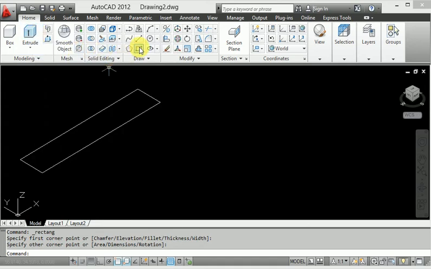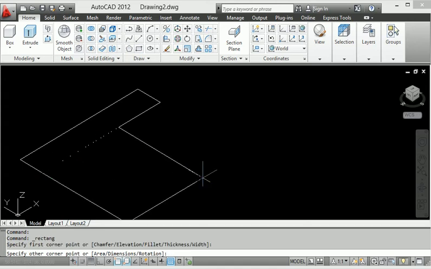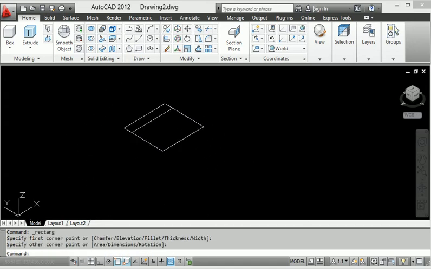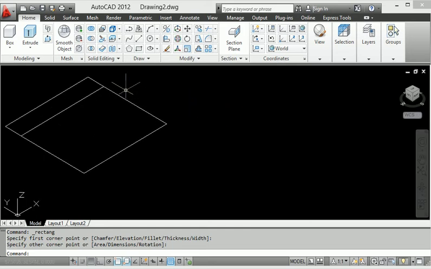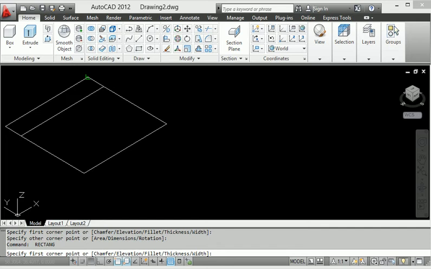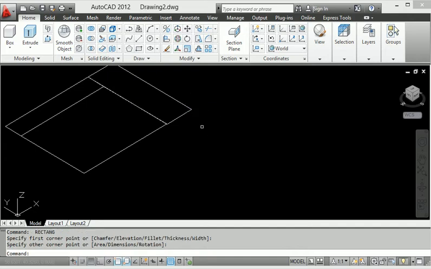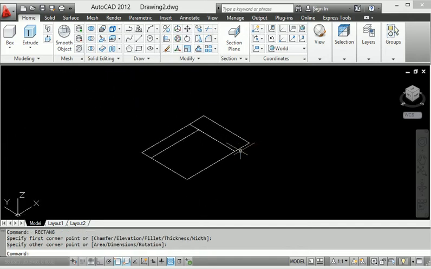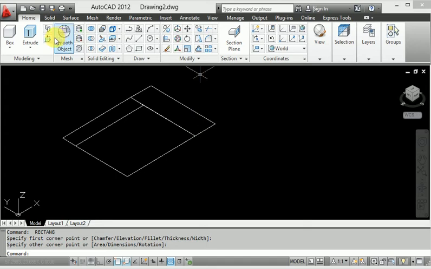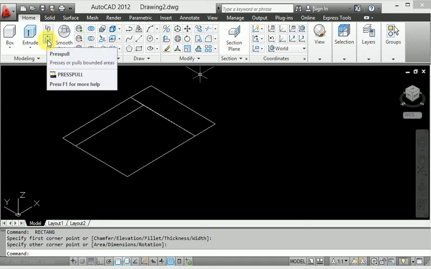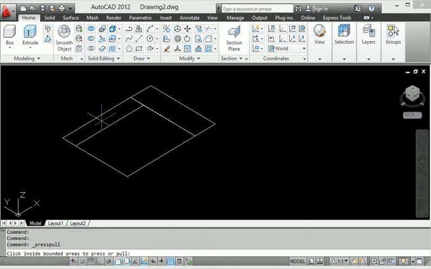Then again I will show you a rectangle. When I click the rectangle, I also make a second one, and again I want another rectangle. So this one, click here and join right now. Then I continue to use the press pull command.